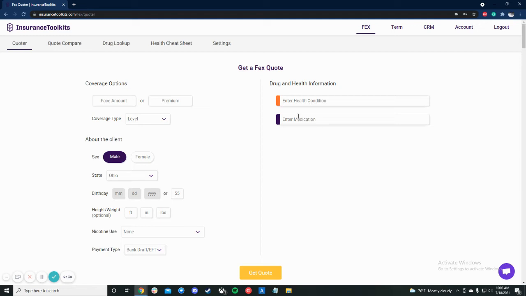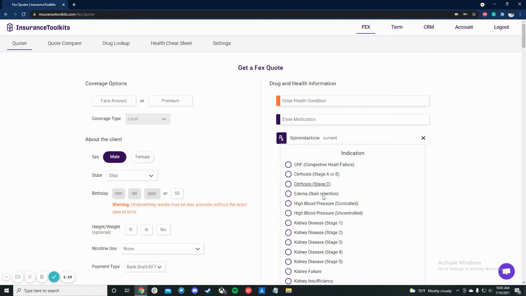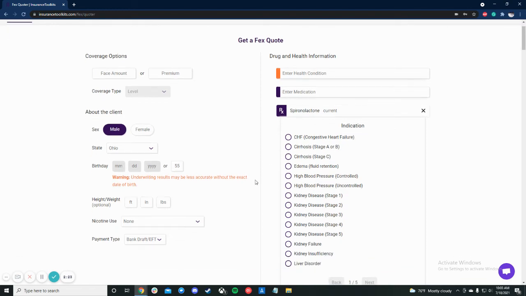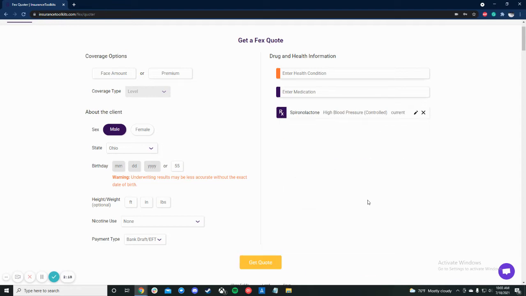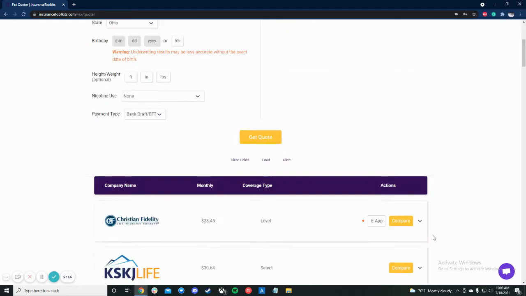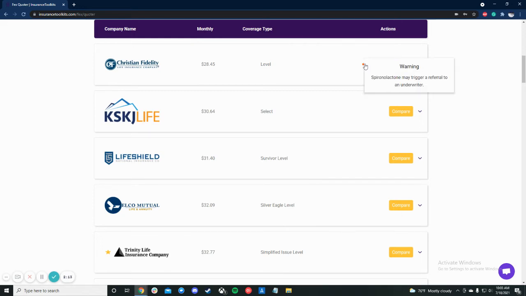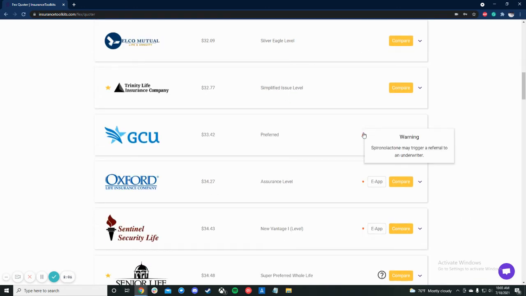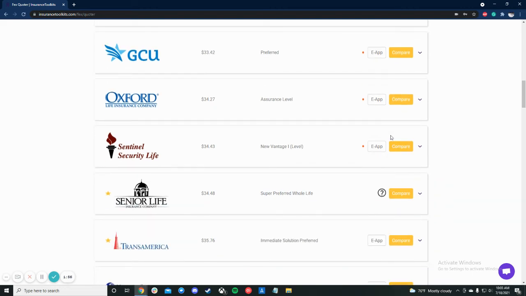The other thing that we'll take a look at, and we'll put in a drug here, spironolactone. We'll say it's for high blood pressure, and you can see we try to show the accepted uses for medications. Put it in and we'll run the quote. And we have a secondary indication in our software. So based on the data that we have and what we know, it might get referred. You might see a red dot here, and there's other reasons we'll show the red dot, but in general, it's because something you put in might trigger something with that carrier, and spironolactone is a very common one. It might trigger, it might go graded, so whenever you see that red dot, make sure you mouse over it